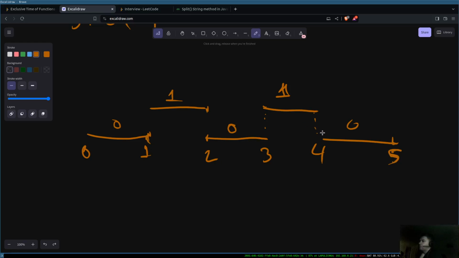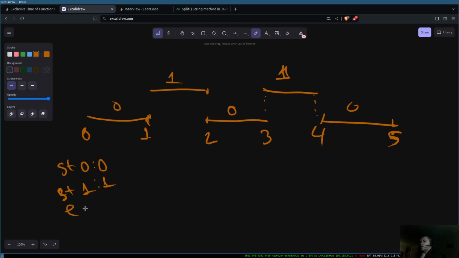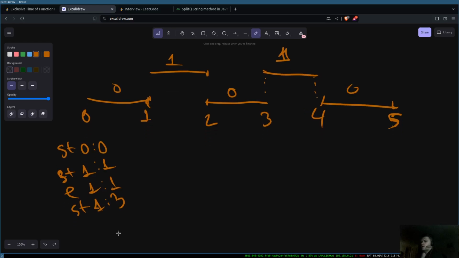So if we do this, we'll have a 0 start, and then 1 start at 1, and then start and start, and then end 1 at 1, and then let's say start 1 at 3, and then end 1 at 3, and then end 0 at 4. So in this case